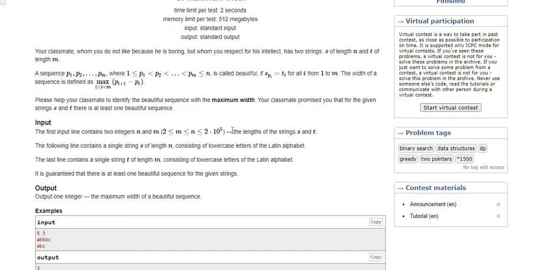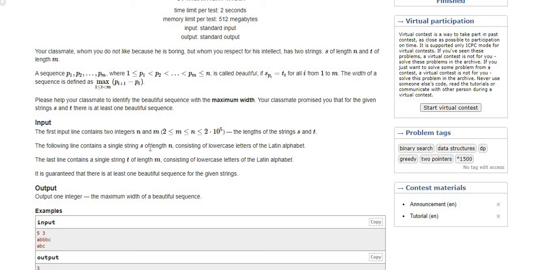So basically we have to find the subsequences from s which are equal to t, and when we take a difference of their indices, it should give us the maximum value. So that is going to be our output.